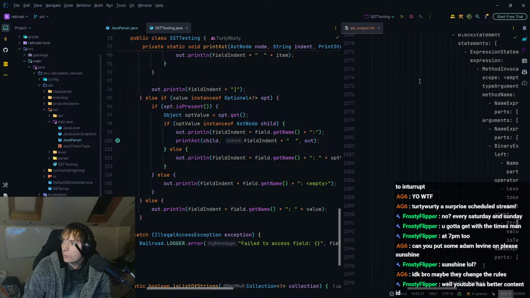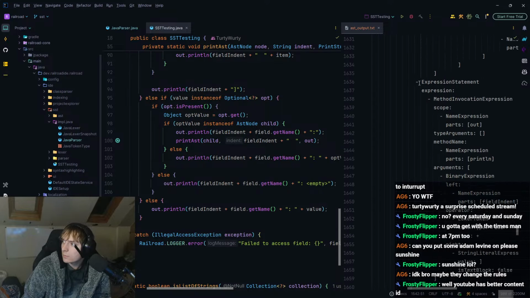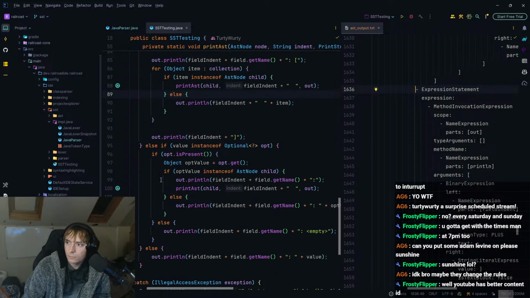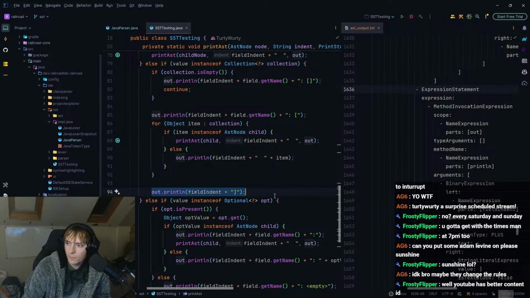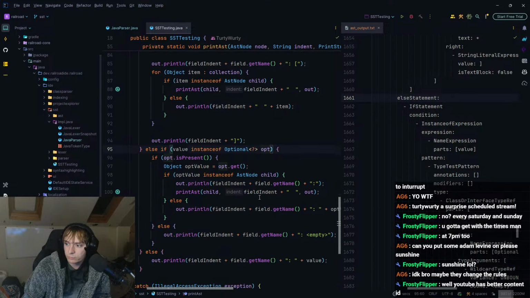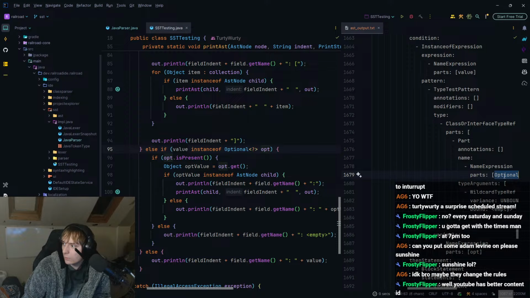So we can come all the way past that, which gets us out to out.println. I think this one. I think. Yeah. And then we have this one, which should all be fine. Optional of wildcard class interface called opt.